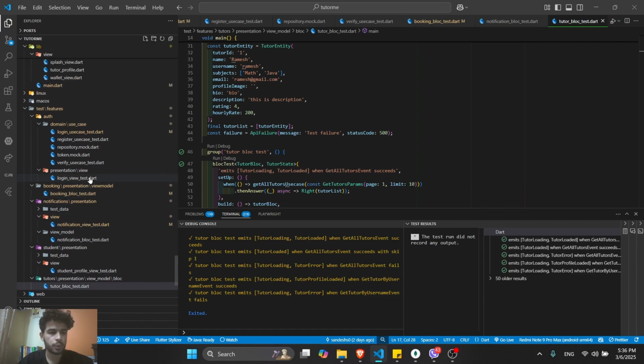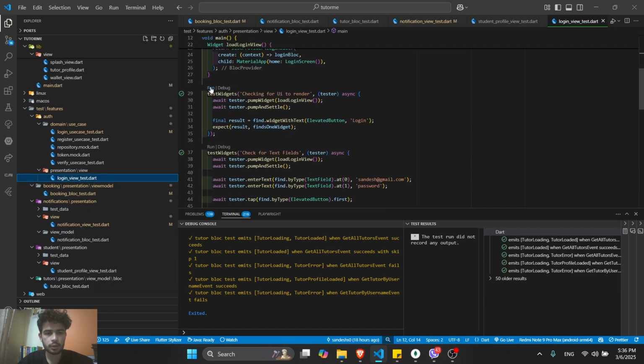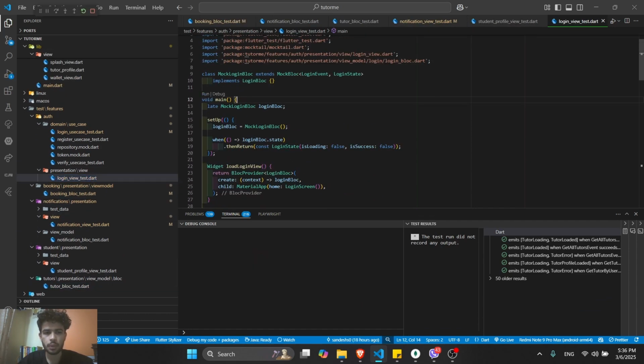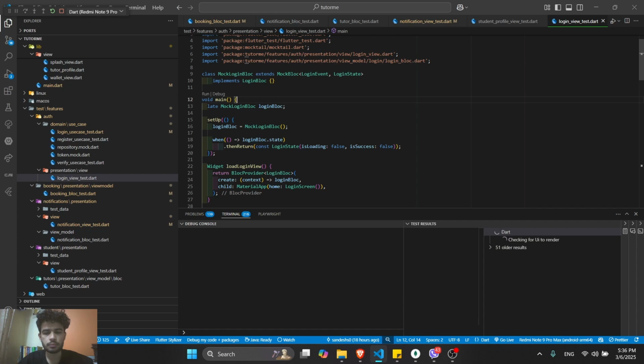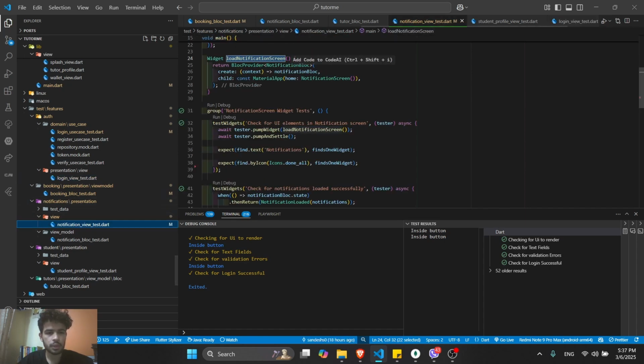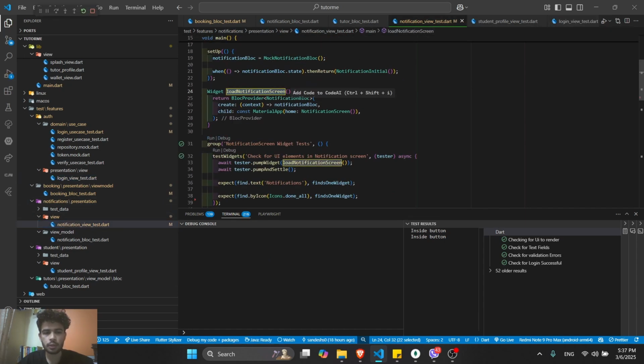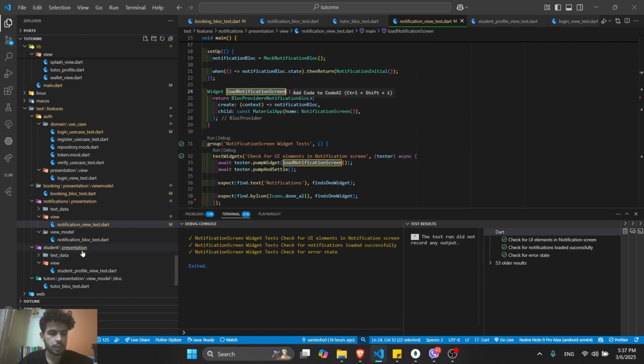Now let's move to widget testing. First, the login widget. Let's run all the login widget tests. We can see that all the test cases have passed. Similarly, the notification widget test, we can see that all the test cases have passed.